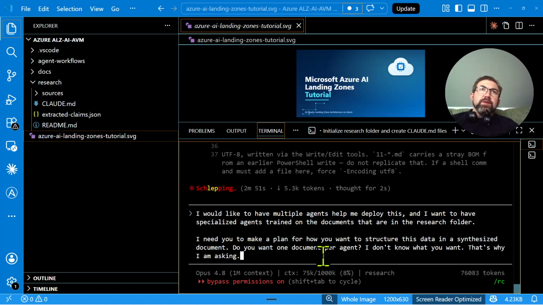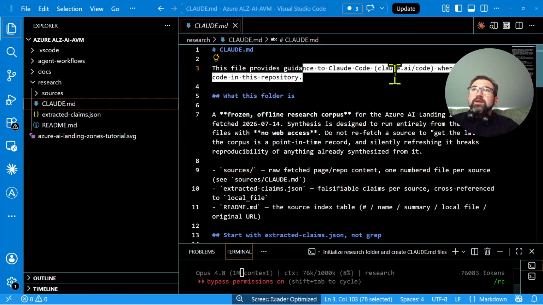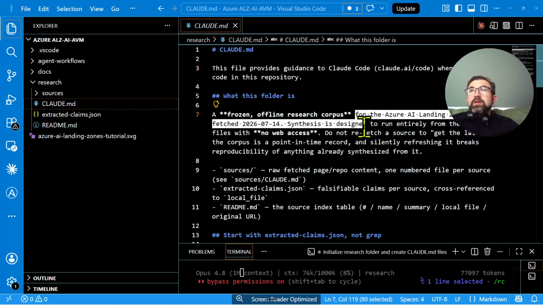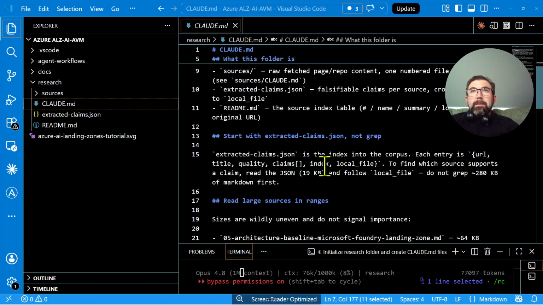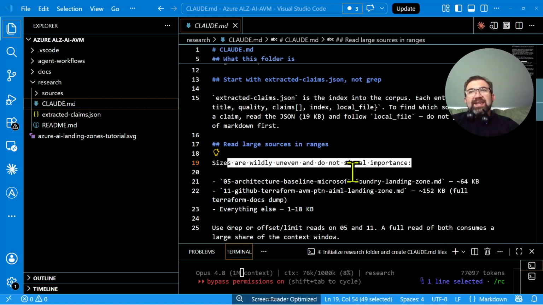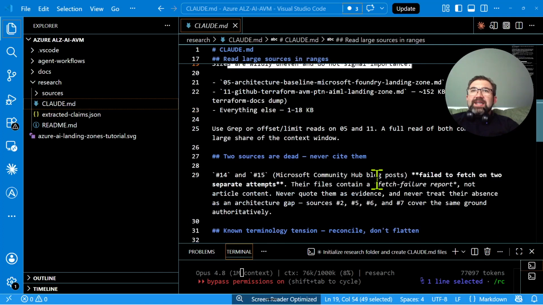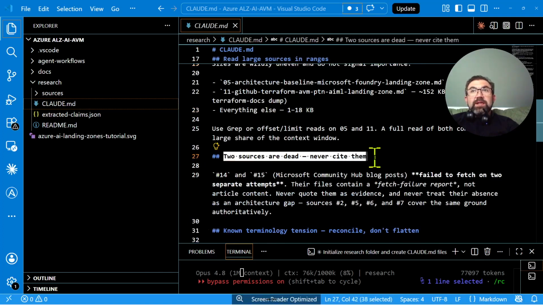Alright, so it's doing something with it. There's our CLAUDE.md right here. Let's see what it got. So, okay. What is this folder? Frozen offline research corpus. So it knows exactly what we're doing. Runs locally with no web. Great. Starts extracted. Okay. I still think that's hilarious. Oh, 2 sources are dead. Never cite them. The community hub blogspot failed to fetch 2 separate times. And the files,